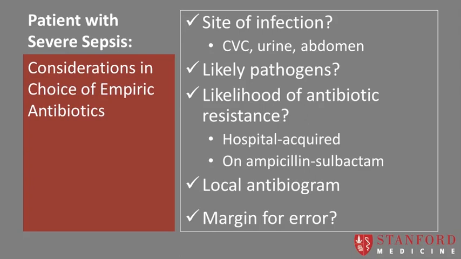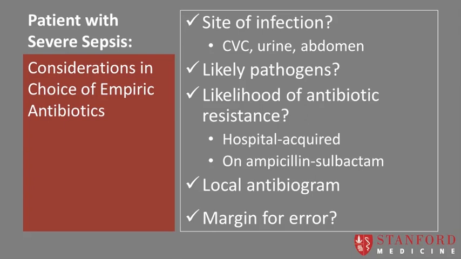What is the likelihood of antibiotic resistance in such a patient? This infection was hospital-acquired, and it occurred while he was receiving ampicillin and sulbactam. At a minimum, one must assume that the infecting pathogen or pathogens are resistant to that beta-lactamase inhibitor combination. One needs to take into account the local antibiogram. Are there multi-drug resistant organisms that are being transmitted within the unit and other such institution? And